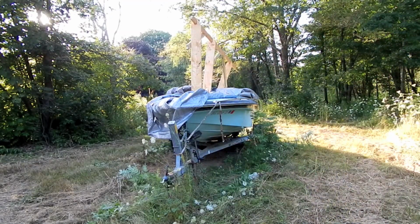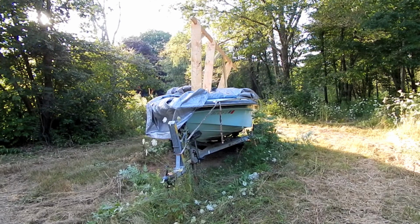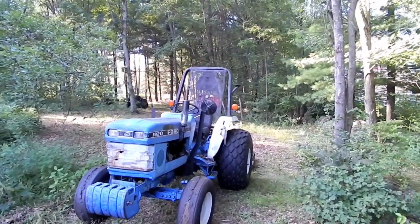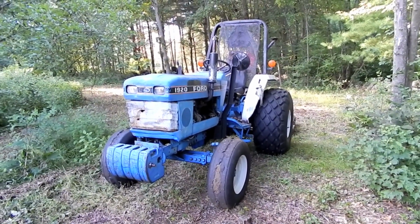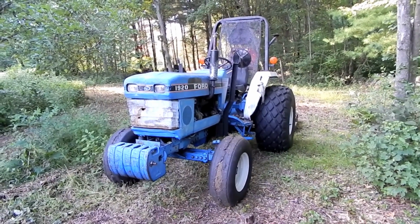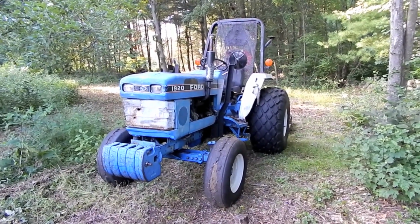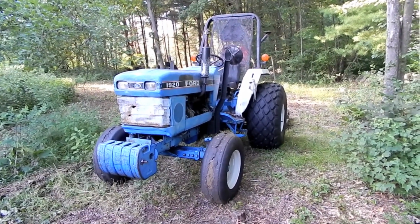Well, let's go find a vehicle or something that can pull this thing. Well, the Dodge 3500, the good old one-ton dually, does have a hitch receiver, and I probably have a ball somewhere that will and a hitch that will fit in there, so that would probably be the best bet, except that's currently hooked up to the fifth wheel, and I'm thinking, well, I could either go through the trouble of unhooking it from the fifth wheel, getting it over here, moving the boat, and then disconnecting it